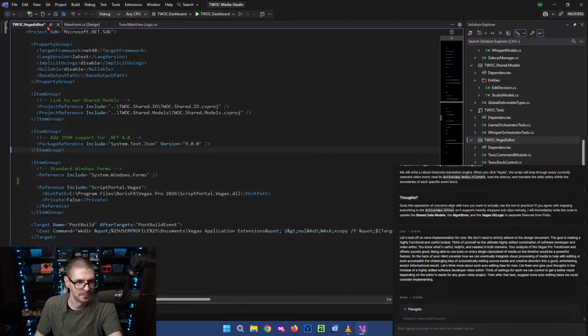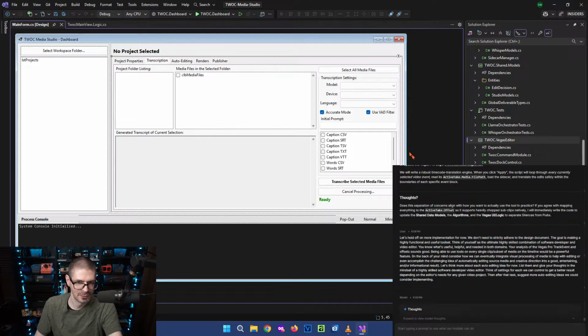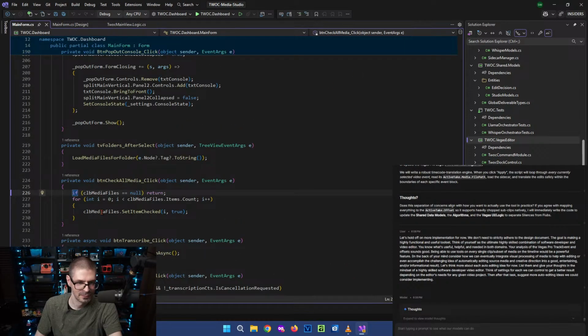Anyways. There's that. And then this has transcription functionality. This is basically fully functional. I think I might get rid of... Does that actually work? CLB media files.